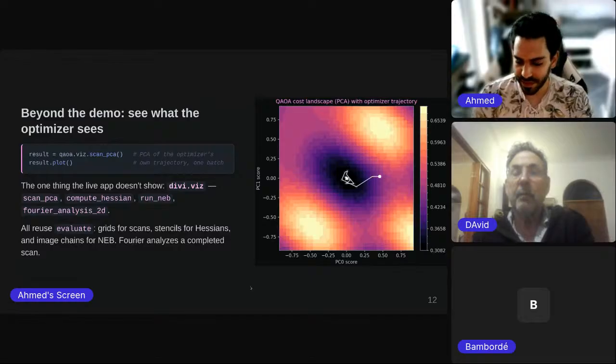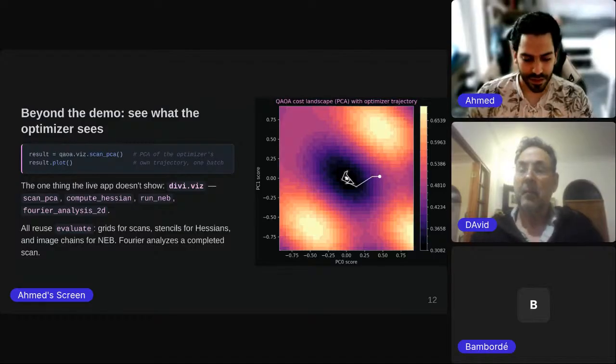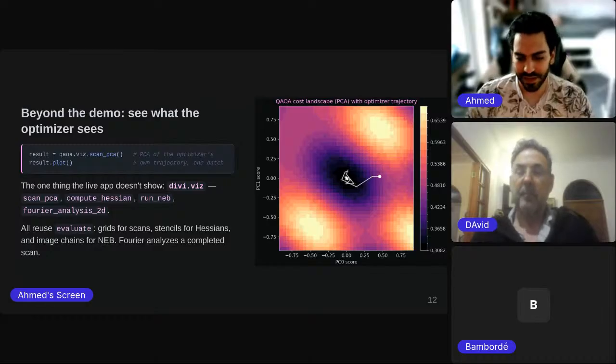But then one thing that is very interesting if you're running variational quantum algorithms is the loss landscape. As is well known to anyone who has tried to optimize quantum circuits, you're very likely to run into the phenomenon of barren plateaus. Therefore, we have this feature of visualizing many things in your quantum program that can help you understand, debug, or inspect the progress or the trajectory that has been taken by your optimizer